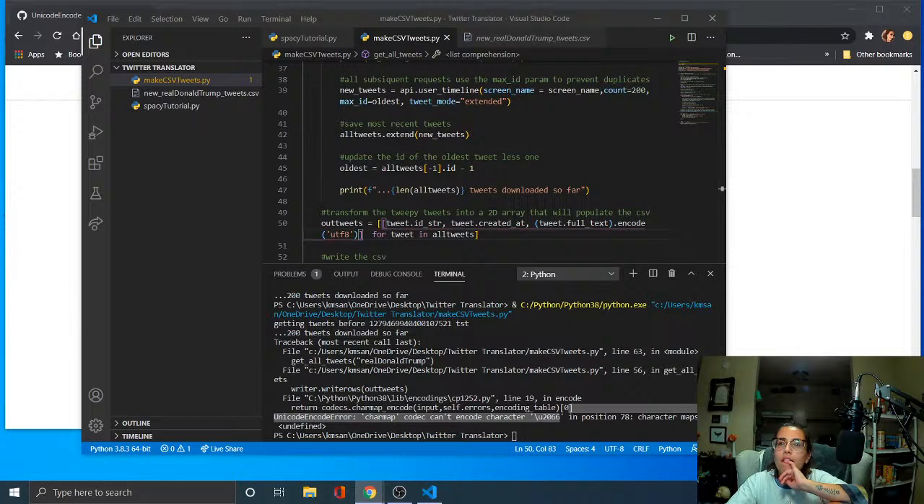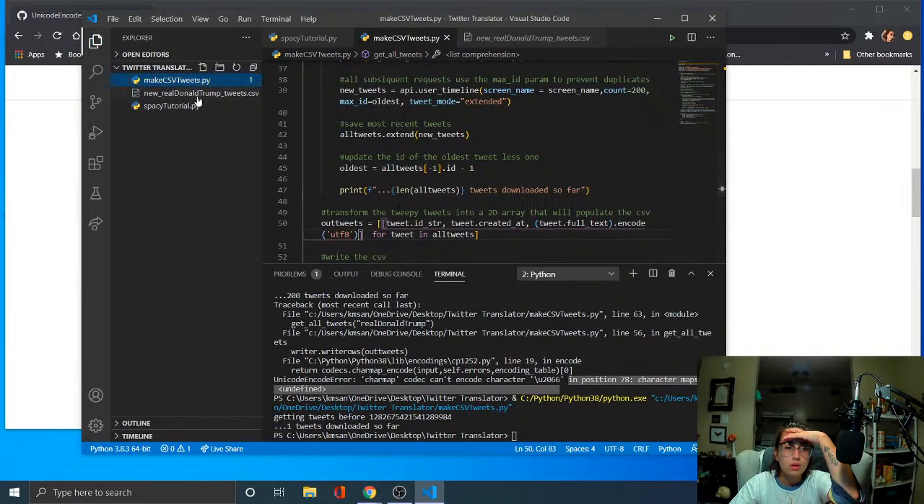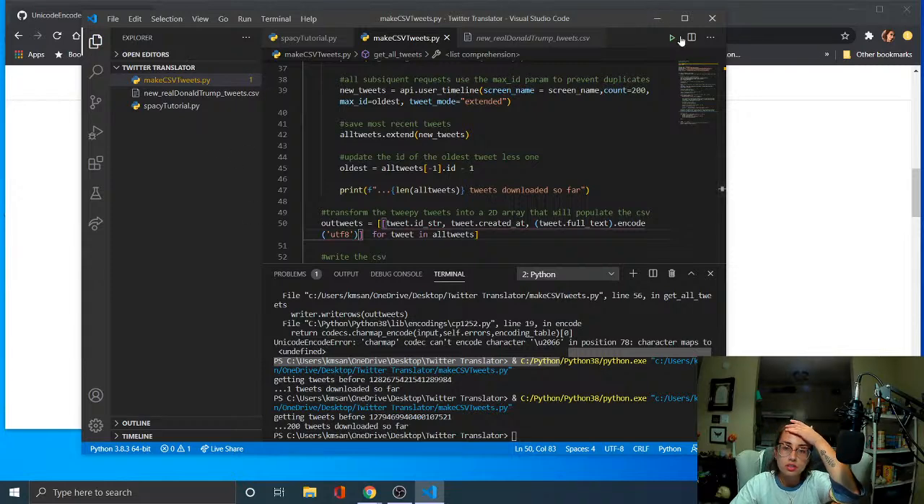Let's see. So in REPL, what? The hell is going on here? What the hell is actually going on? So now I get it working in REPL for 1,598 tweets, but over here, one tweet. One. But then, if I run it again, 200. Then if I run it again,